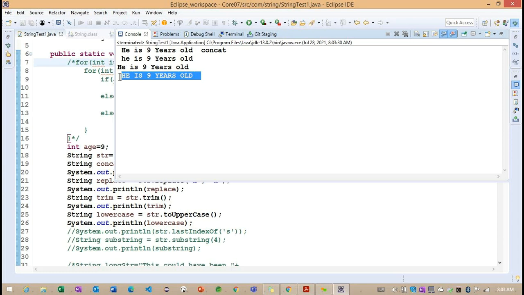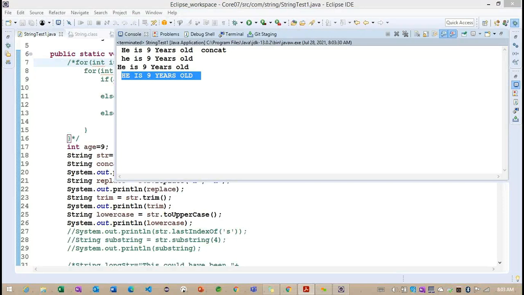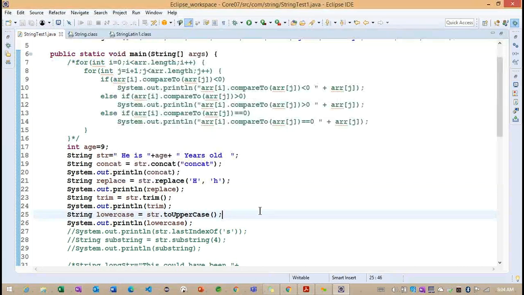So this is the way we can use these two methods to convert a string either to lowercase or uppercase, because we have two methods here. So this is all about the string methods which are available inside the string class. Getting the point. So any questions regarding what we discussed so far? Those come under the string class methods here.